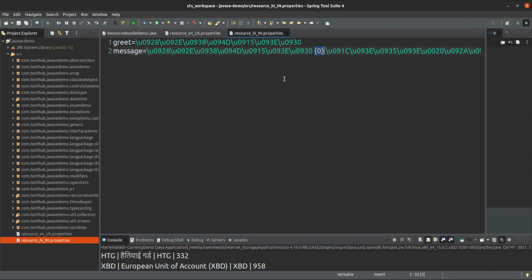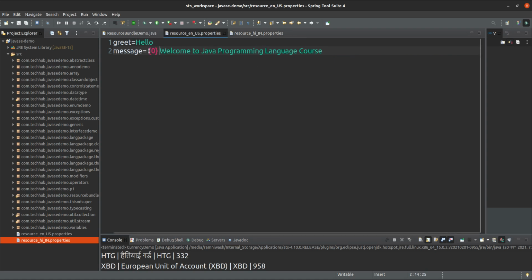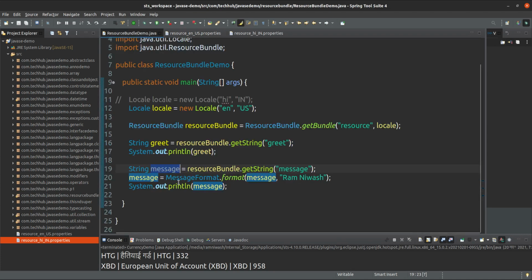That is not fixed, so while processing we have to be careful and create a util class separately. Currently in this example only one positional param is there, the first only. And that positional param you have to replace using the MessageFormat class.